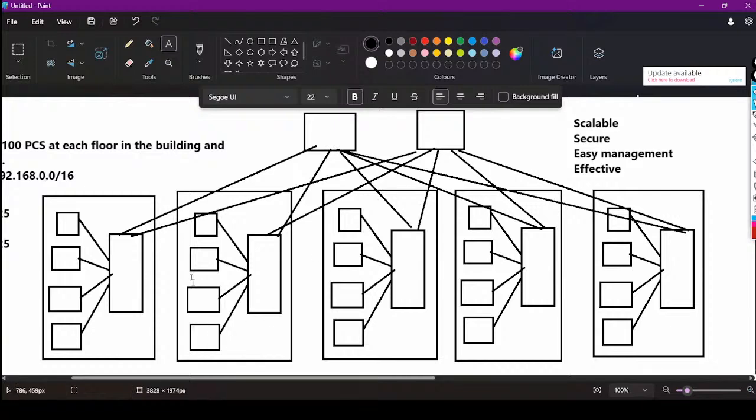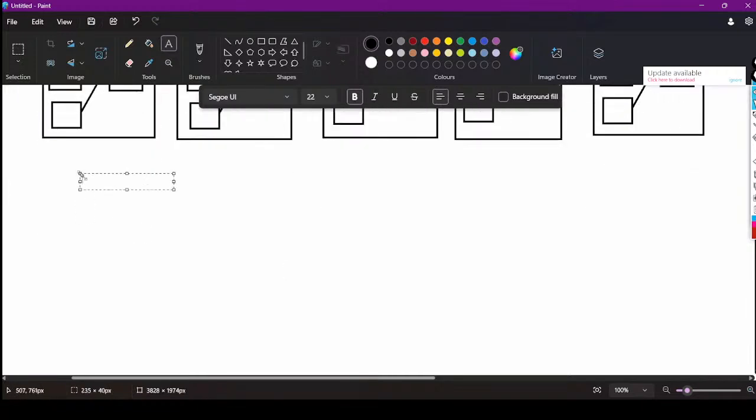And that is called layers, right? The first layer is called the access layer. The second layer is called the distribution layer. And the third layer is called the core layer. The access layer is going to connect all end devices, meaning devices of employees, computers, servers, IP phones, IP